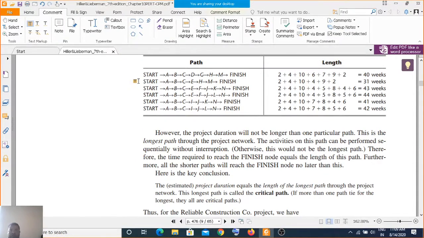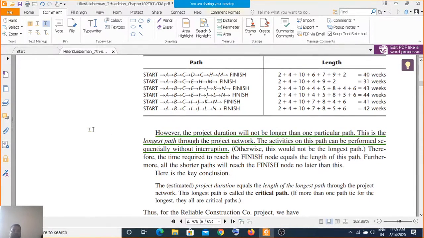Whatever the longest path is, it is better to have the highlighter. So if you have this, we can say that it is without interruption.